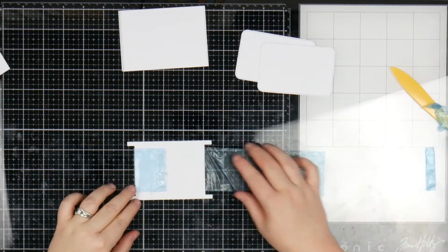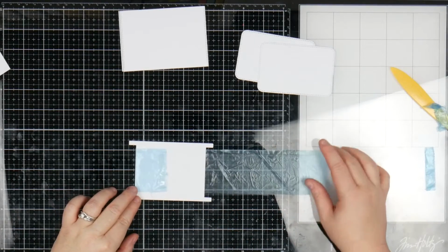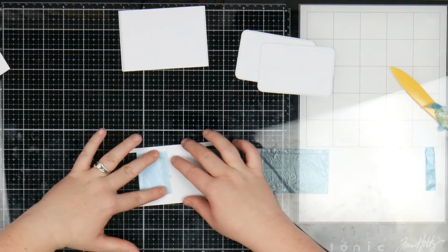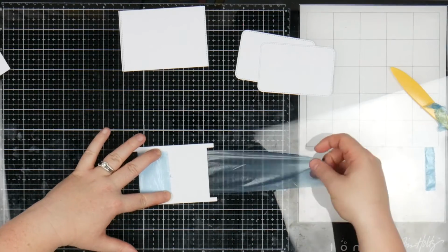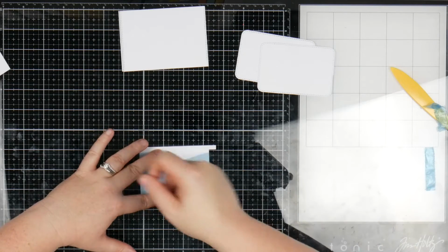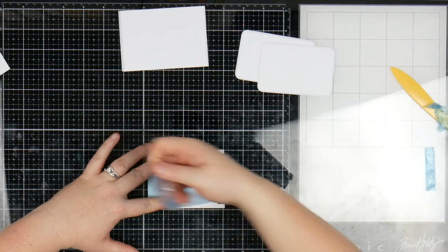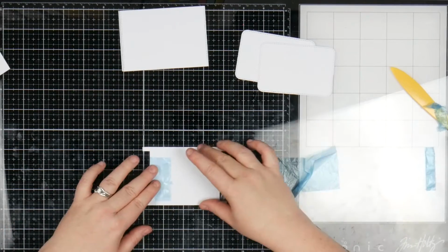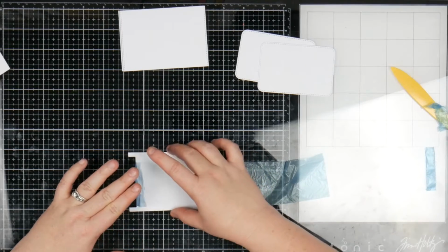Okay, so you've got the double-sided tape on there. So I'm just going to pull this again a little bit tighter. Now, there's two ways to do this. You can either have stuck that down with washi tape beforehand just to hold it still so you get a really taut kind of result. I actually find it's okay without it. You just need to get the right angle on this. So I pull it,